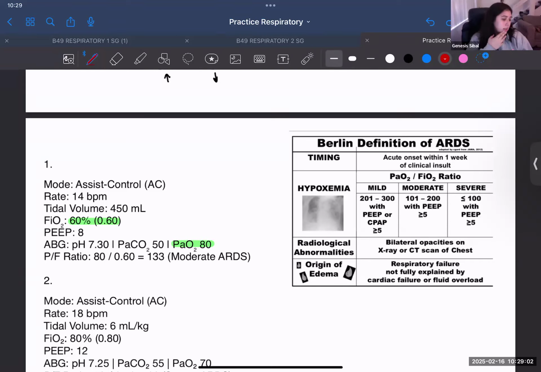So how she's going to ask this in the other way is in a question, she'll put all of that information: the ABGs, the vital signs, the mode settings, all of that stuff. And we'll go over the mode settings and how, if she doesn't give you the respiration rate or the PEEP, how can you determine that it's PEEP? How can you determine it's FiO2? So she might give you all of this information, and then she's gonna have like 10 select all that apply,